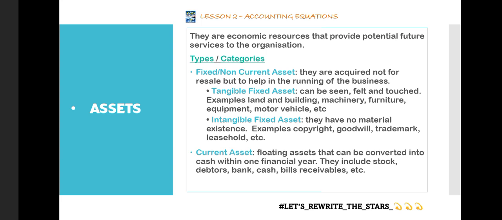And now let's move on to the second type of asset, which is the current asset. Just as the name sounds, current assets. So basically, these ones are to be converted into cash within a financial year. They are expected to be converted to cash within a financial year. So let's say the business is into the production of beverages, drinks, okay? And then the drinks within the organization are also owned by the business. Yes, they are owned by the business.